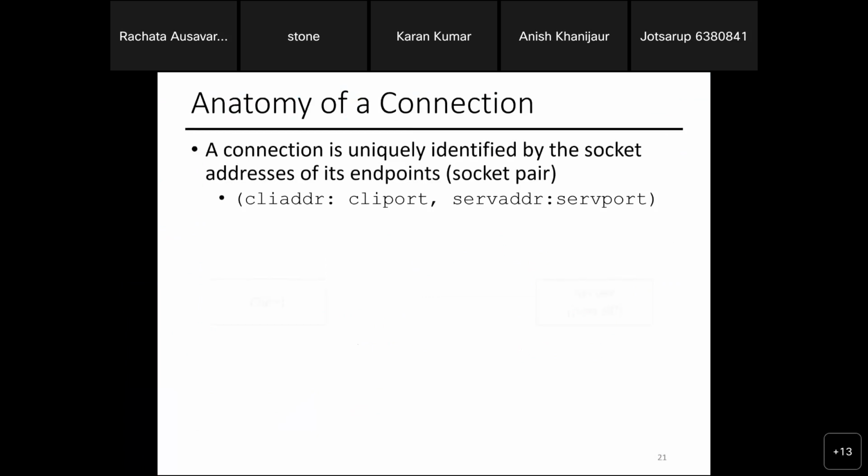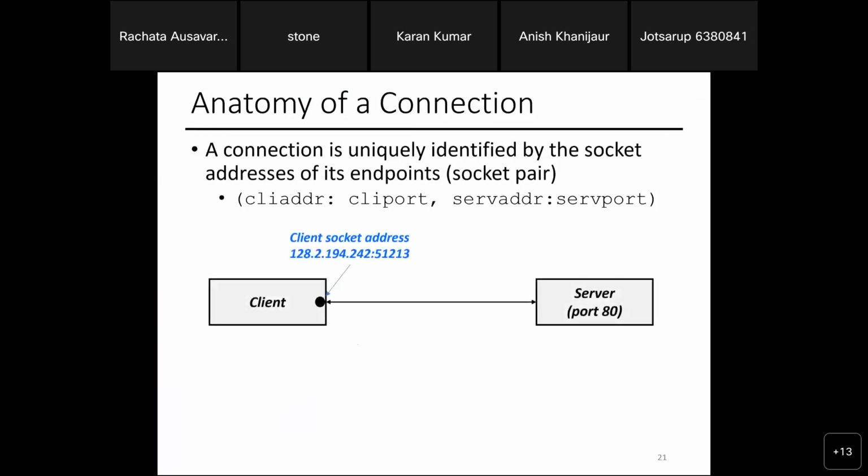Server address, server port. So in this case, the client, let's say, has address 128.2.194.242 using port 51213. The server has address 208.216.181.15, port 80. Now the sockets talking to each other are a pair, right? So the connection has basically the two things combined.